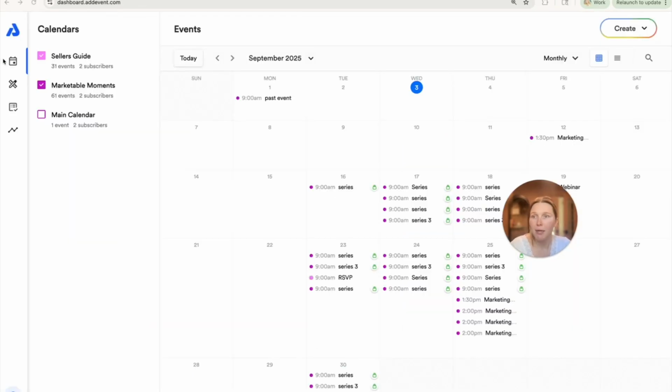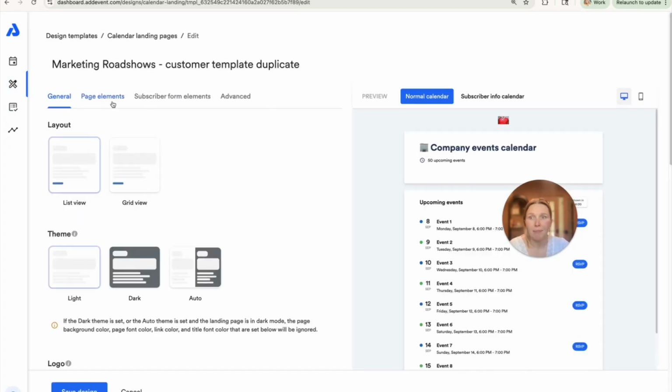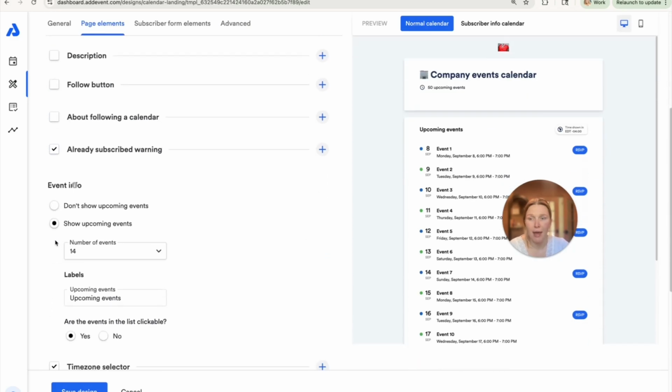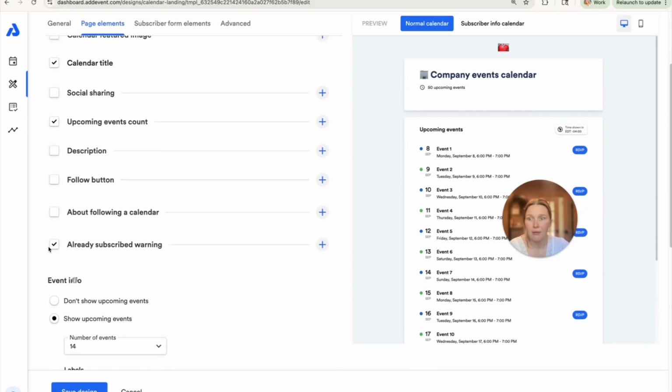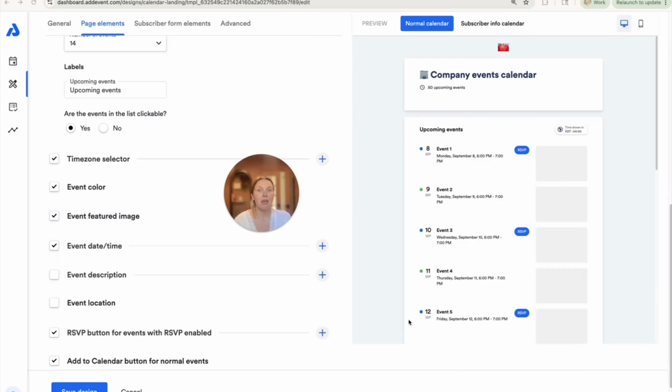From your dashboard, you would click into Designs and then Calendar Landing Pages, and then Page Elements, and you'll just want to make sure that the event featured image is selected. And then you'll see here in the preview that of your events that have an event image, they will show here. So if you want to learn more about this, we have videos on the design templates,